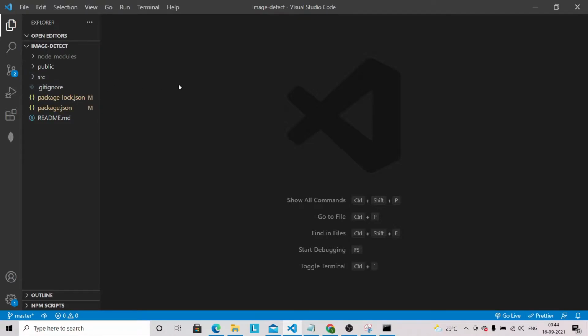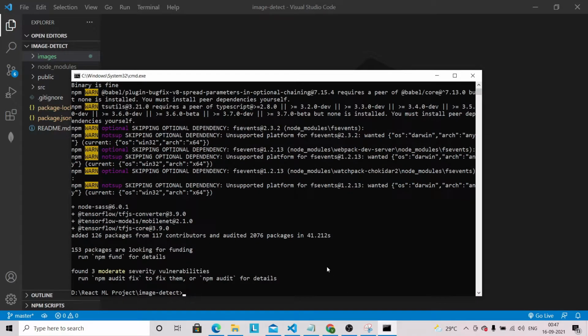We have already got some images of animals like cat, dog, monkey, so I will bring that image folder inside Visual Studio Code. So we have got this image folder here, in which we have cat, dog, monkey. Let's see whether our packages got installed or not. It looks like all our packages got installed in our application.